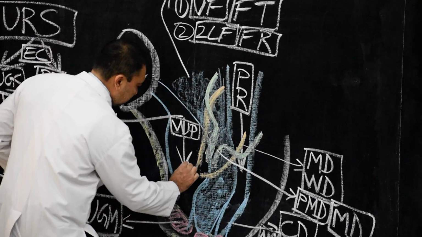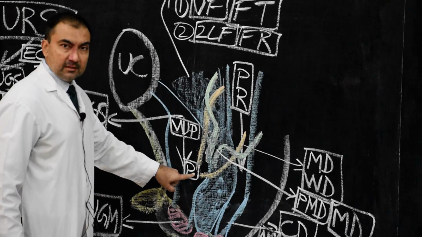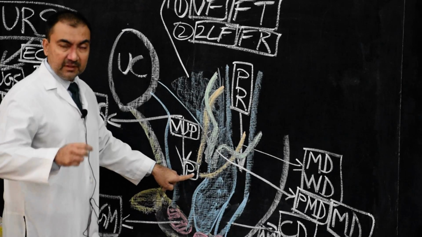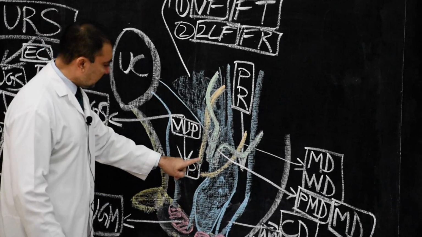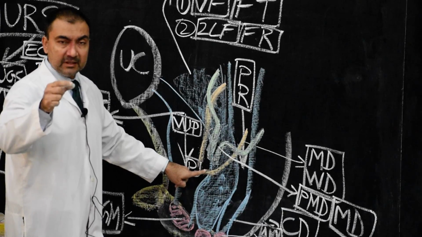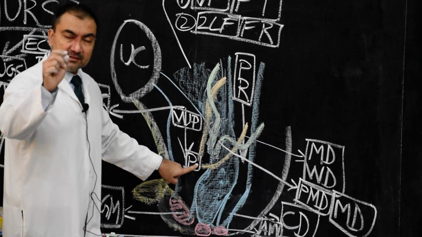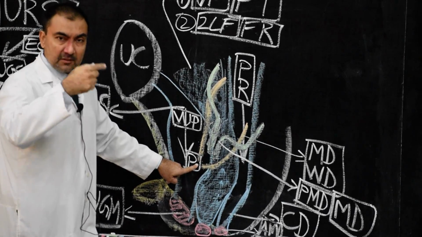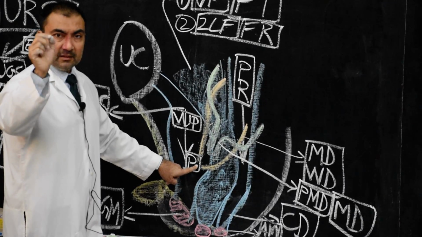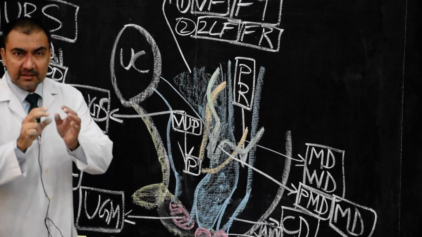So here this portion will be known as pelvic portion. The pelvic portion of the urogenital sinus, in its dorsal wall, will receive the caudal end of mesonephric ducts. So the caudal end of mesonephric ducts, Wolffian ducts, will open in the dorsal wall of the pelvic portion of the urogenital sinus. And in males, this opening will be known as the common ejaculatory ducts. They will form the ejaculatory ducts.